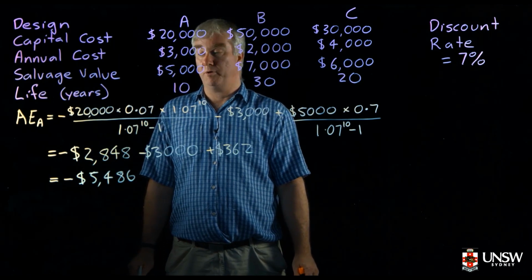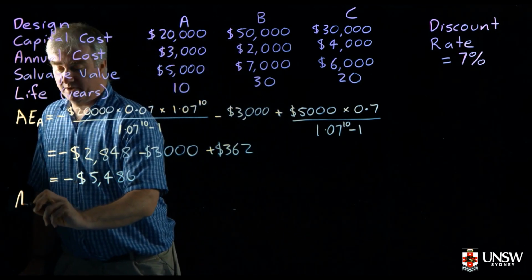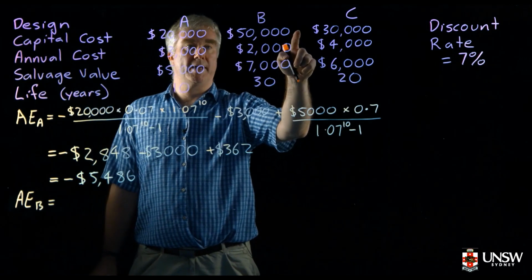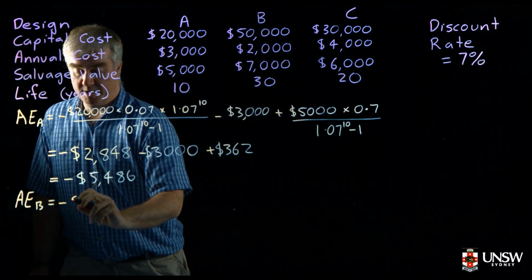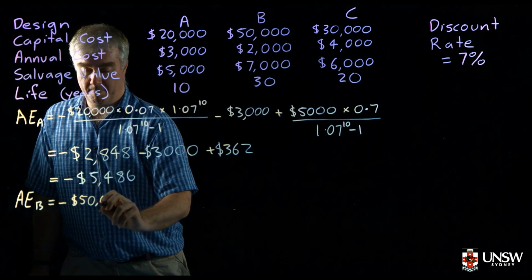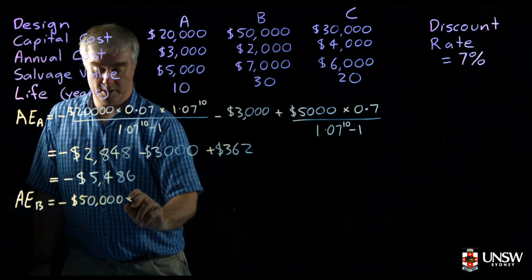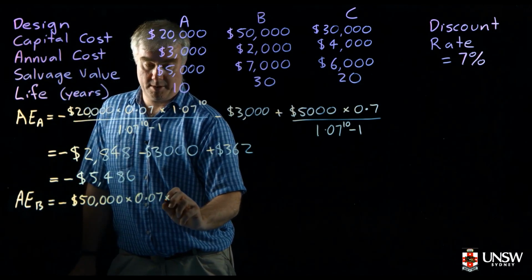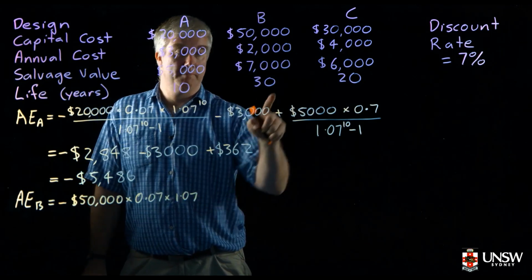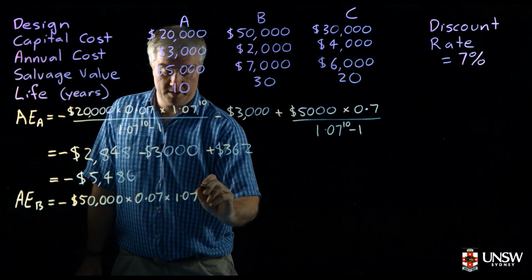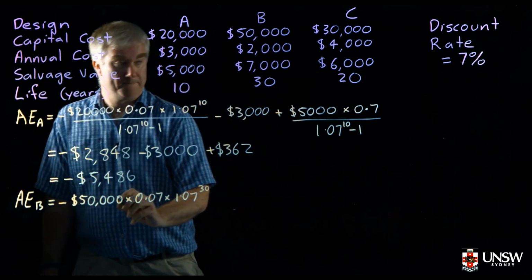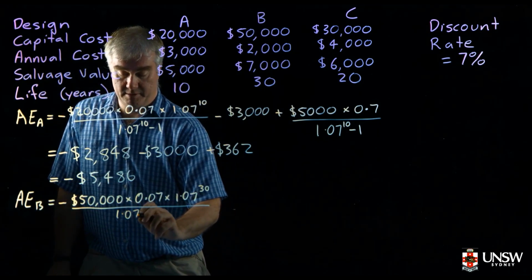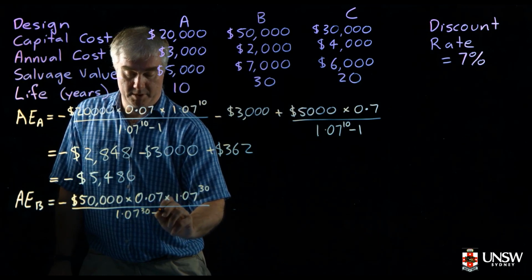So now let's look at Project B. So the annual equivalent for Project B is equal to, well, this time our capital cost is $50,000, so minus $50,000 times, we're using the same discount rate, so 0.07 times 1.07, but this time the design life has changed. This one can last for 30 years. Divided by 1.07 to the power of 30 minus 1,